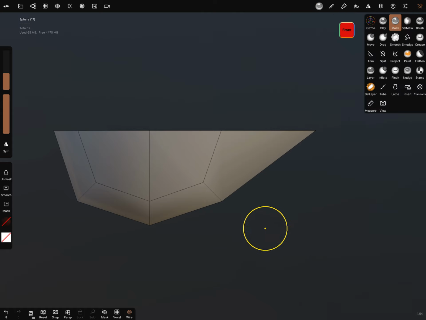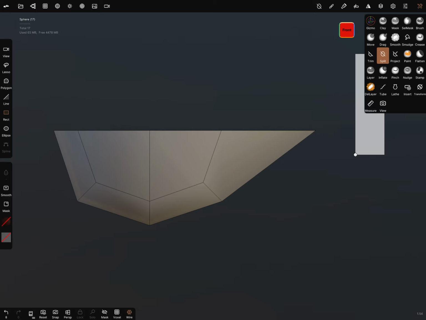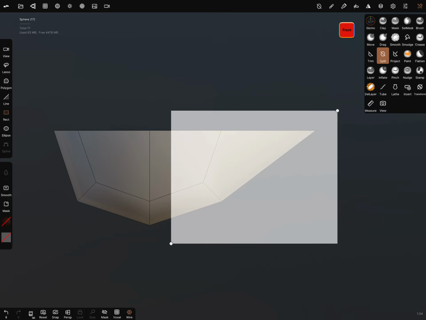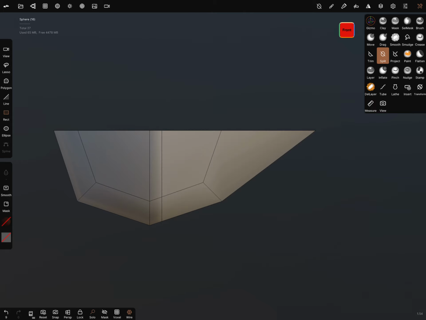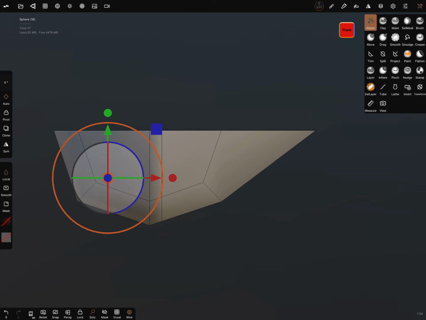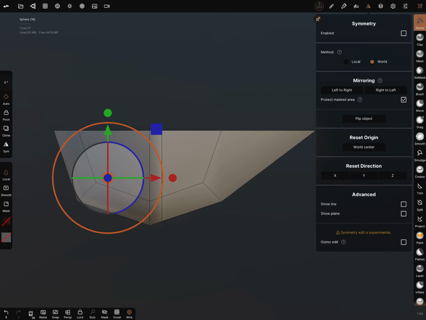And now, oops, where's the split tool here? And split it perhaps here. And now we can use the gizmo and the symmetry tool.